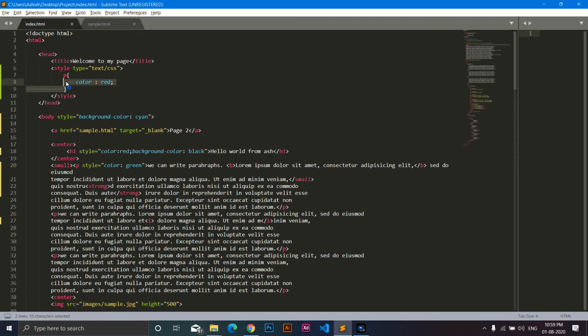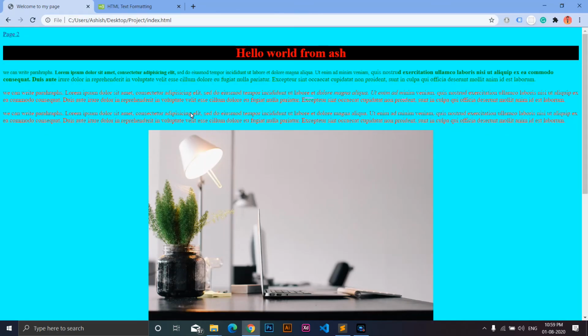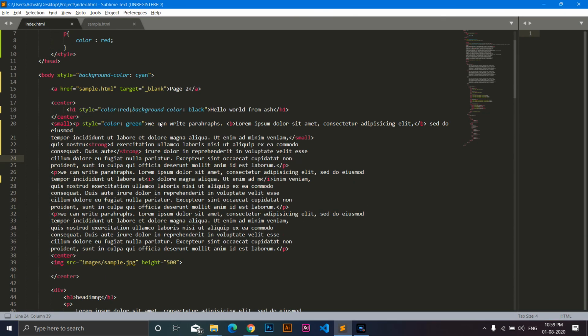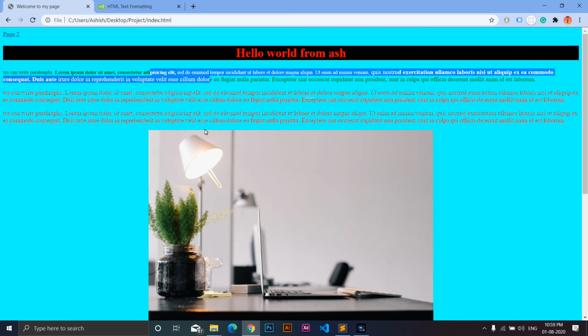And since this p tag is defining color red for all of our paragraphs, the paragraph which doesn't have inline CSS is showing this red color. And since this paragraph has this inline CSS, it is overwriting this red and making it green. So that's why we are seeing this green color over here.